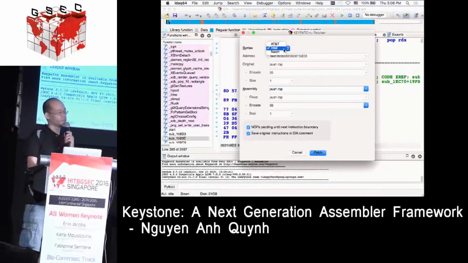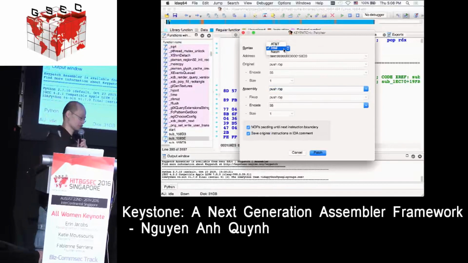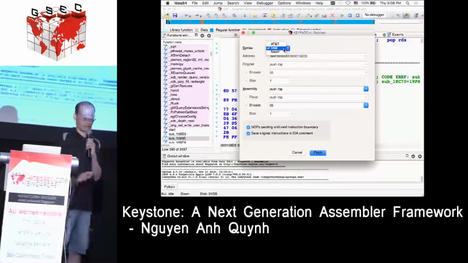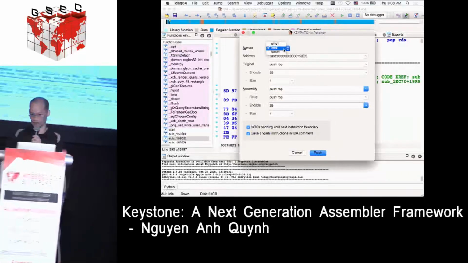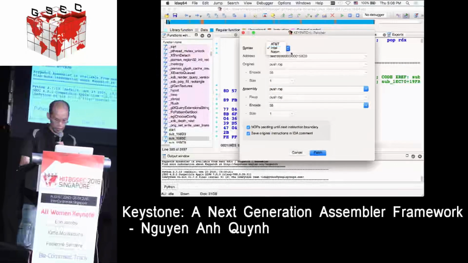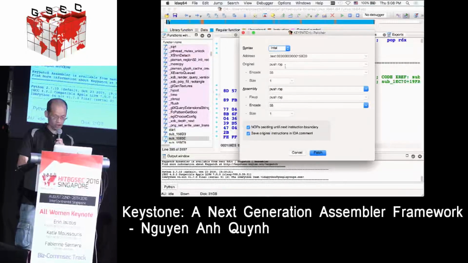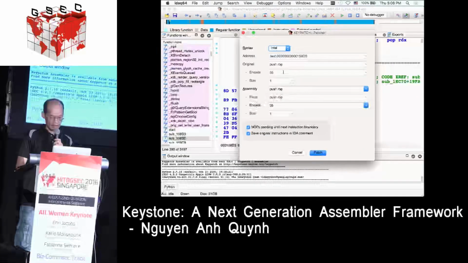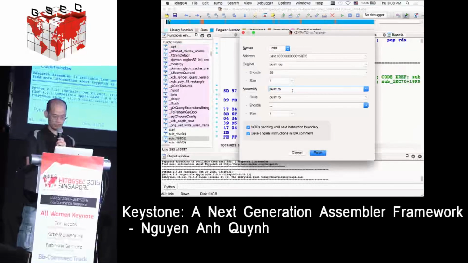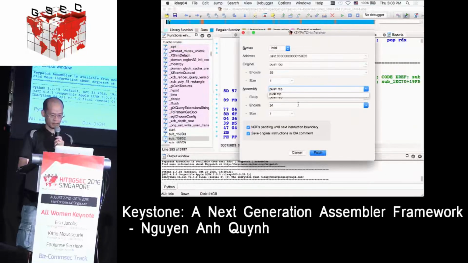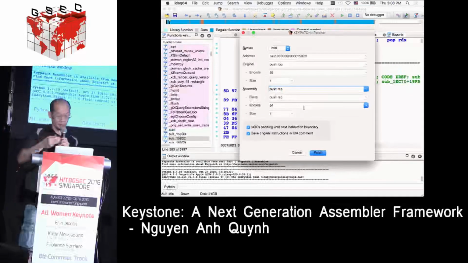The syntax you can change here. The original IDA assembler does not have this flexibility, so you can choose the syntax here. It tells you the original instruction, the size, the encoding, and it allows you to enter the new instruction here. So now if you enter push RSP here,